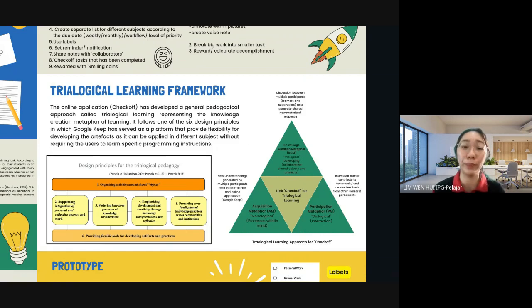This helps to promote self-learning and productivity among students, whereas teachers can benefit from saving time and energy through checking each and every student's homework online whenever they're free, rather than using their class hours. It is also a free tool and it's reusable. So Google Keep is used as a note-sharing tool for different subject areas and other personal purposes, which fulfills the central aim of trialogical learning, which is to produce reusable knowledge, artifacts, and practices.